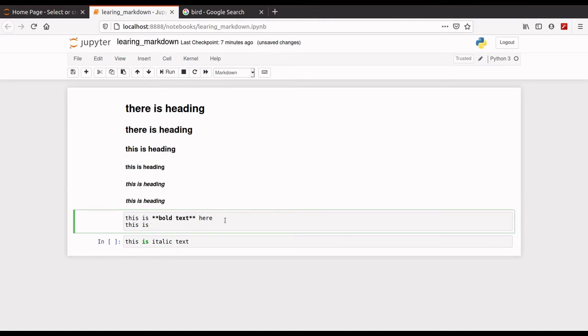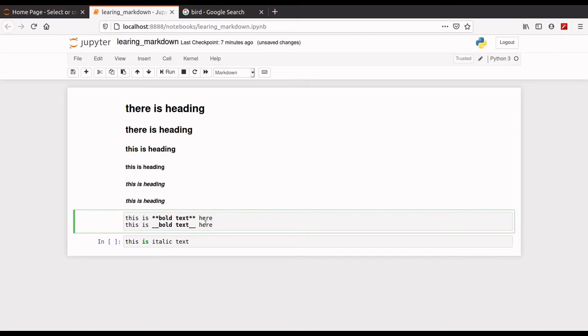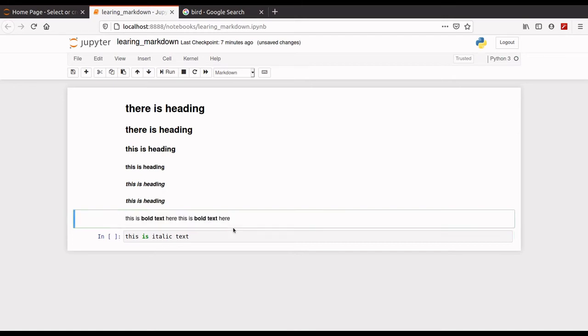Just you have to use double underscore. Now run, Control Enter. Yeah, this is.